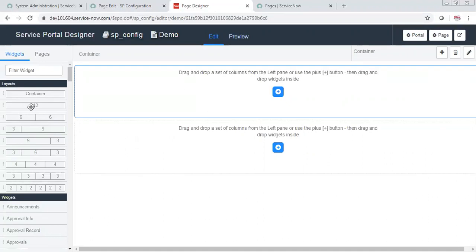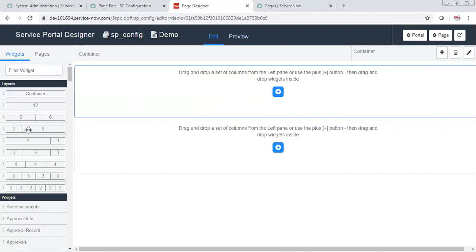Now if you want two things to be displayed on your page in parallel, you need to divide this 12 into two parts. You can do 6 by 6.